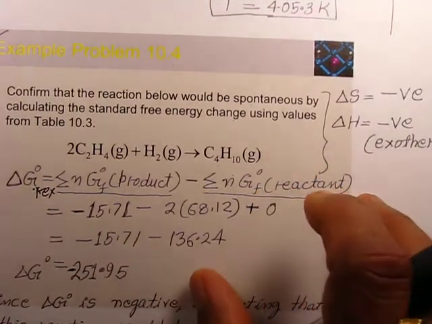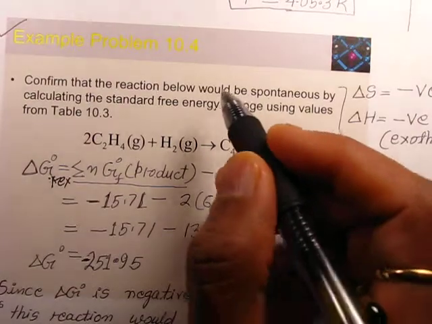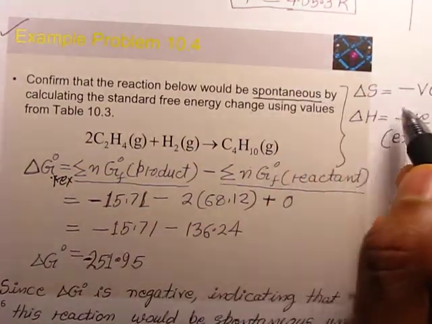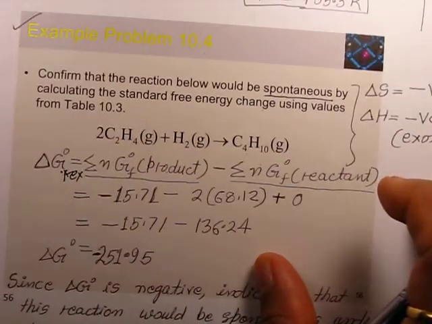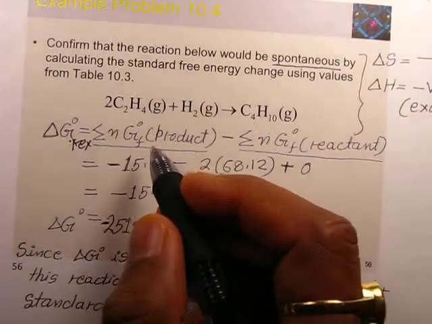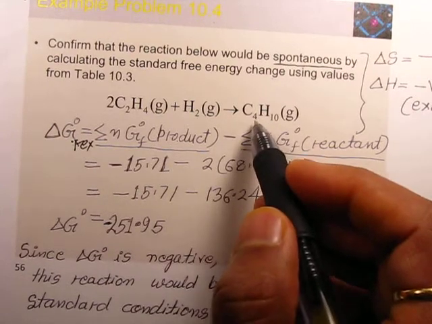And what else they are saying here: confirm that the reaction would be spontaneous. Spontaneous means delta G must be negative. Okay, so let's calculate these values. There is only one product, C4H10,